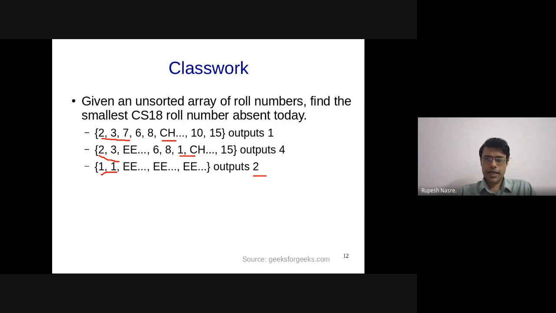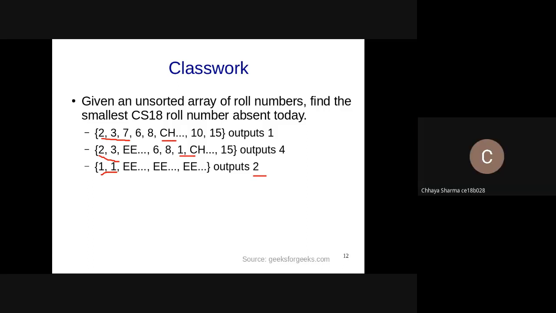Chaya says order n. Okay. How will you do that in order n? Note that this is unsorted. But what are you searching for? Sunil Kumar says, as it is unsorted, linear search is mandatory, order n. That is correct, the linear search is mandatory. But how will you know which roll number is absent?